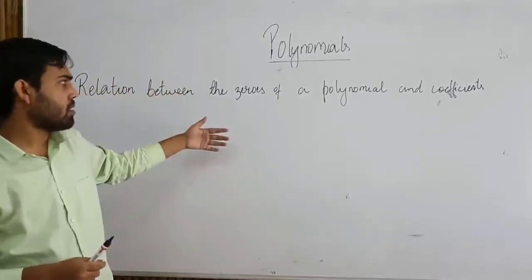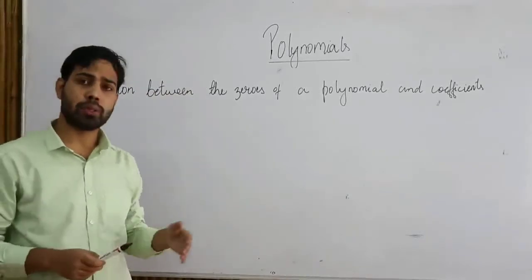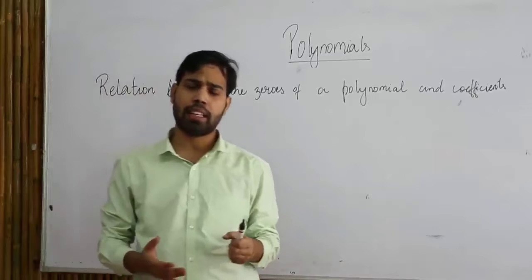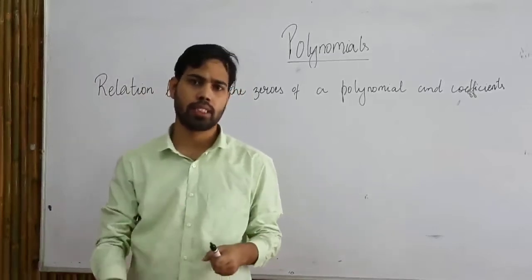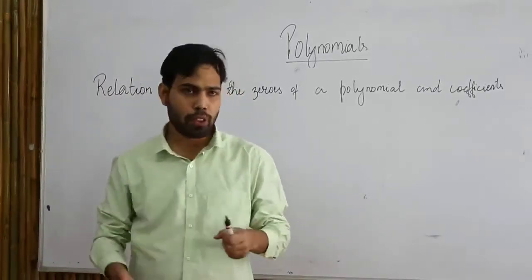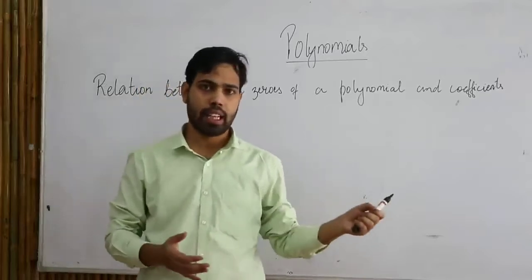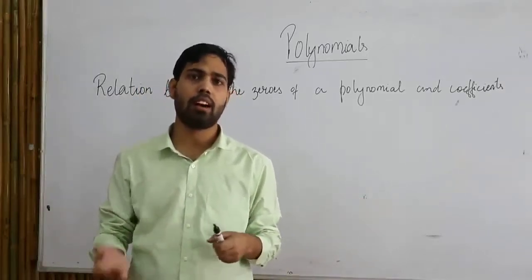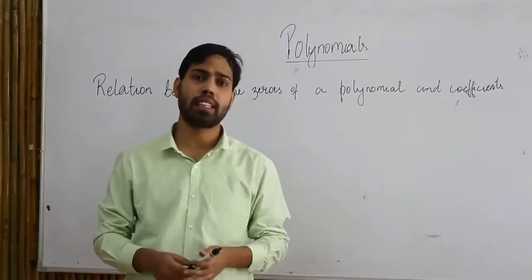Okay, we have talked about zeros of a polynomial, and also we talked about different types of polynomial. Now suppose they give us a polynomial and then they are asking us to find out the zeros of this polynomial. Before coming into the method of finding the zeros, it is important for us to understand how many zeros the polynomial has.